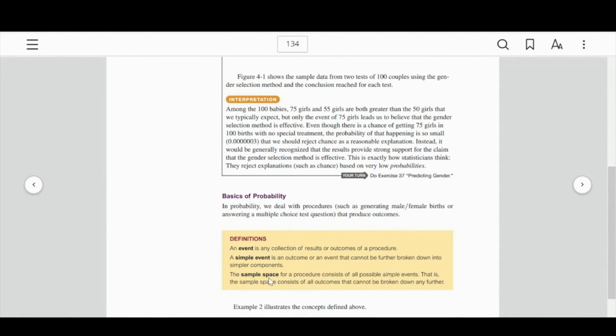And that's the sample space. So you flip a coin. What are the things that could happen? Well, it could land heads, okay. It could land tails, okay. That's all. Well, that's the sample space then. So there you go. It's not a complicated idea. You can make it complicated if you want to introduce very technical mathematical notation. But for us, it's anything that can happen.